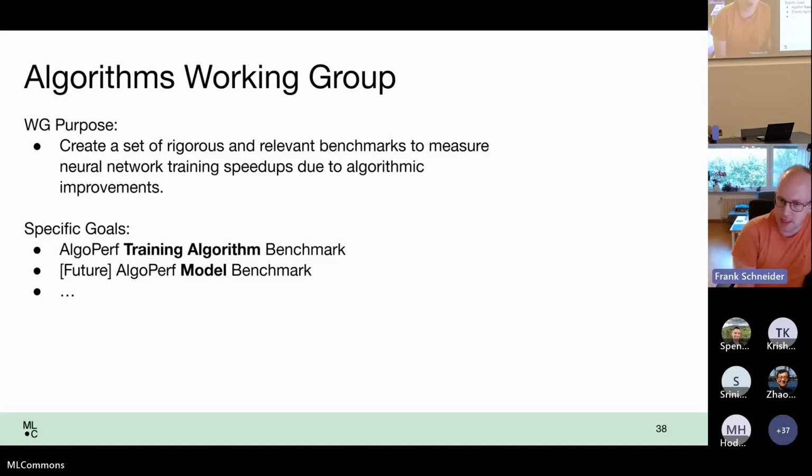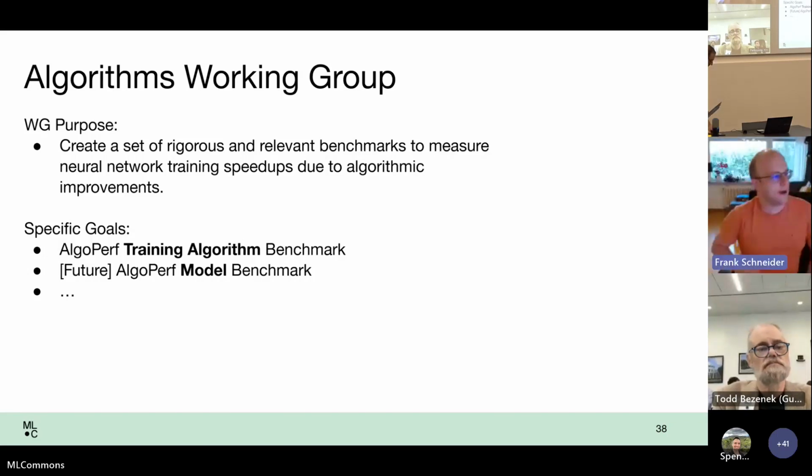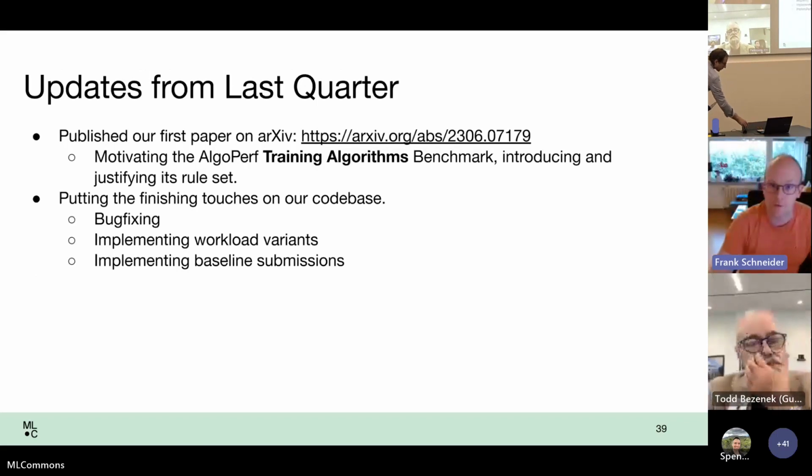So specifically, that means we want to create two separate benchmarks. One for the training algorithm, so that's basically the optimizer involved in training, and the other big benchmark that we want to build is basically the model itself. So for these two types of algorithms involved in deep learning, we want to build a benchmark. And the rest of my couple of minutes will just be about the training algorithms benchmark, as this is the one that we're focusing on right now, and we're sort of putting the model benchmark a bit on hold until we have the other one finished.